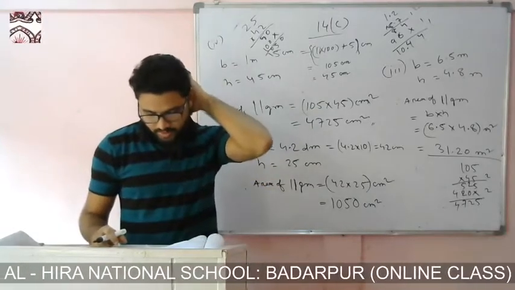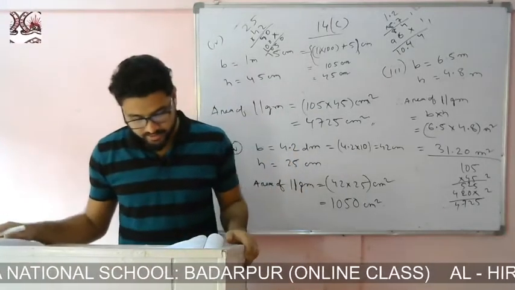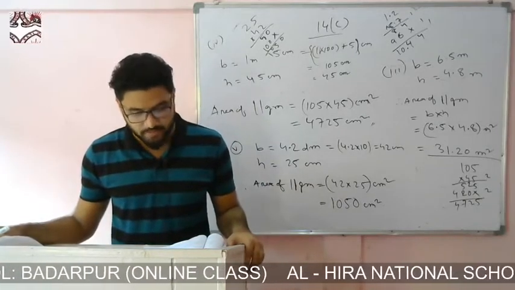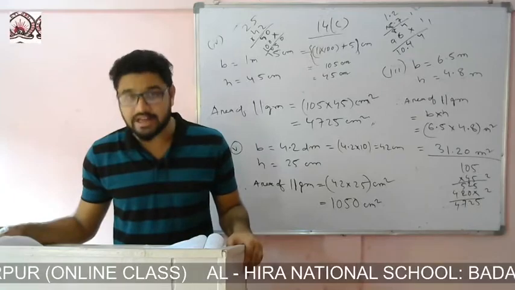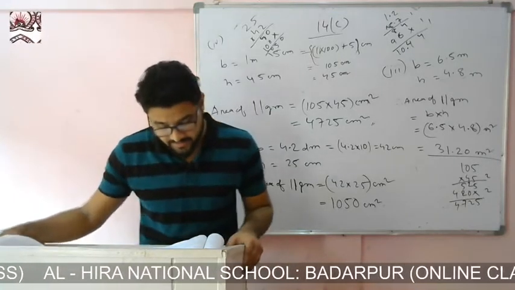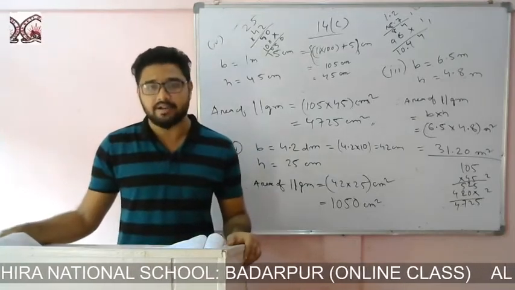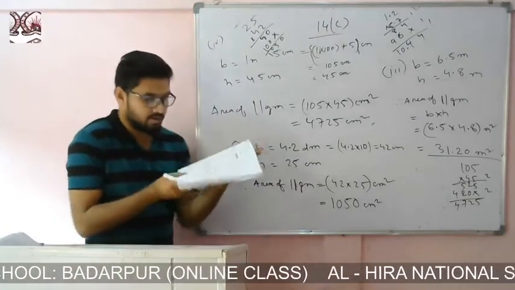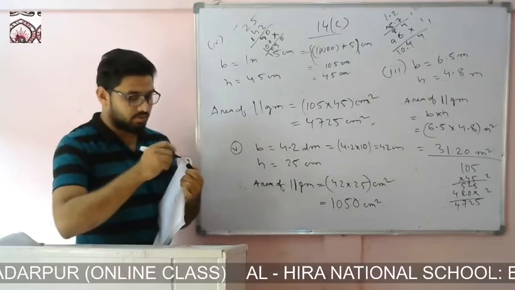Now come to question number 2. You have to find AB. You see here AB is the what? Base. So you have to find base. Area of the parallelogram is given. You have to find the base. DE is the height also given. Just you have to find the base. Okay. So see how to do.